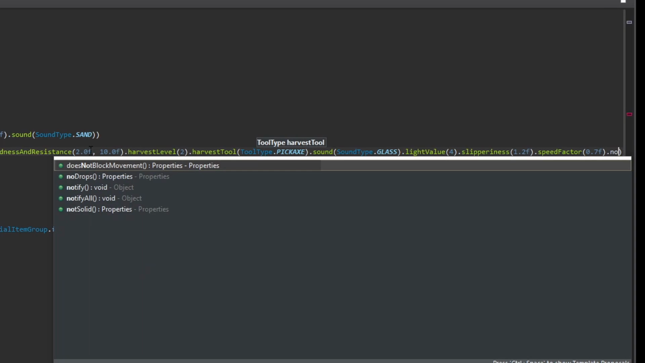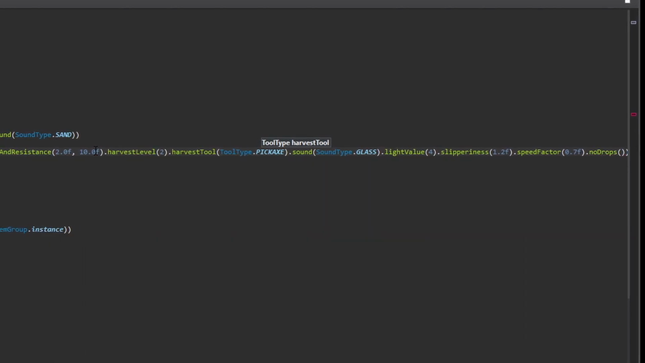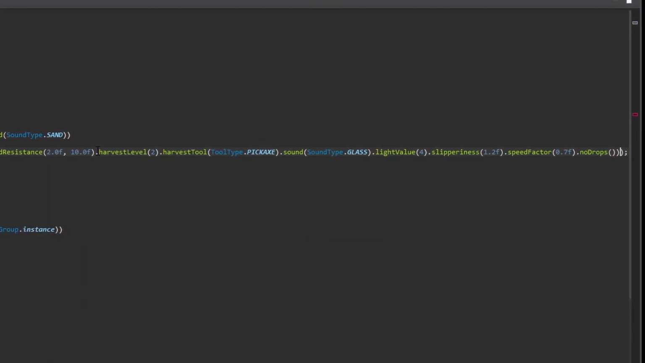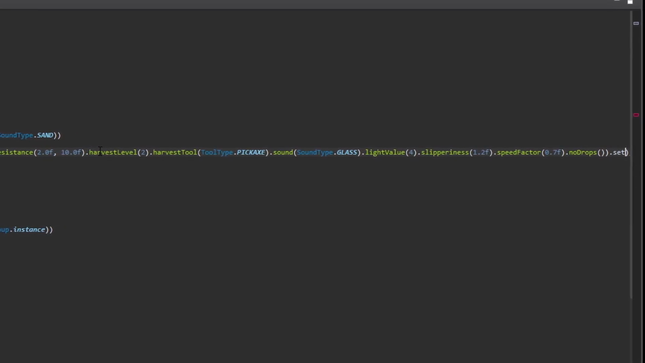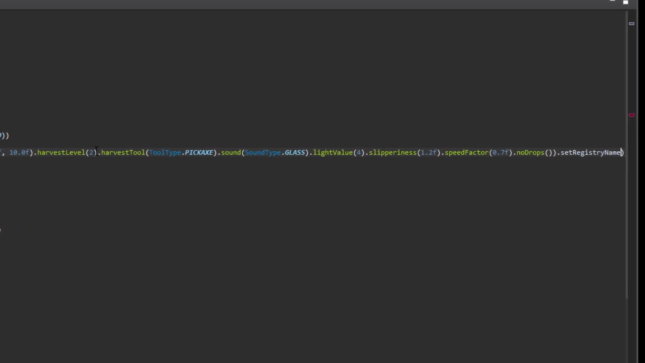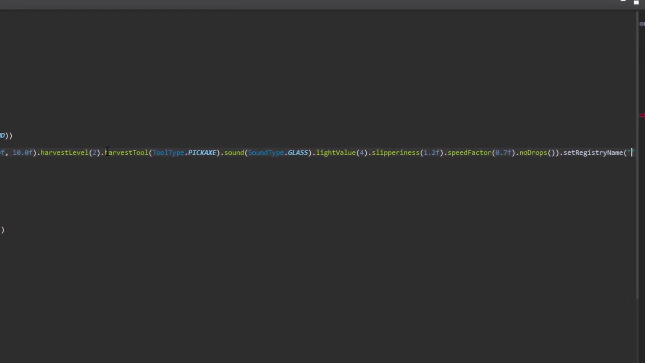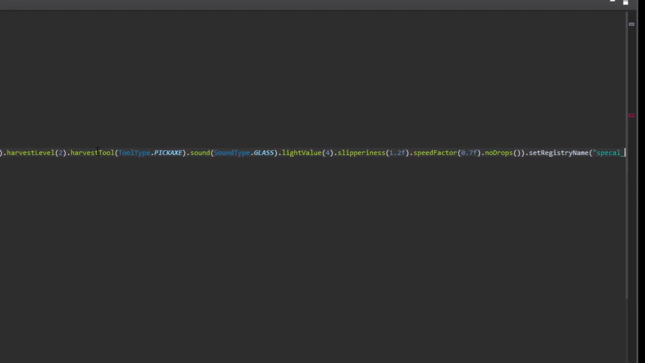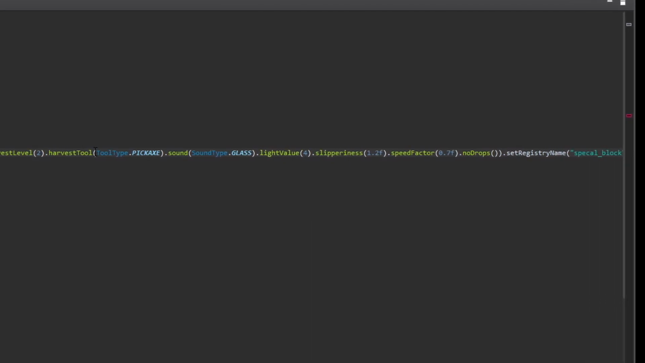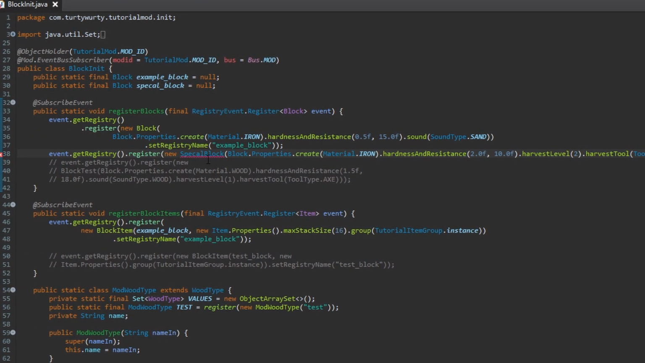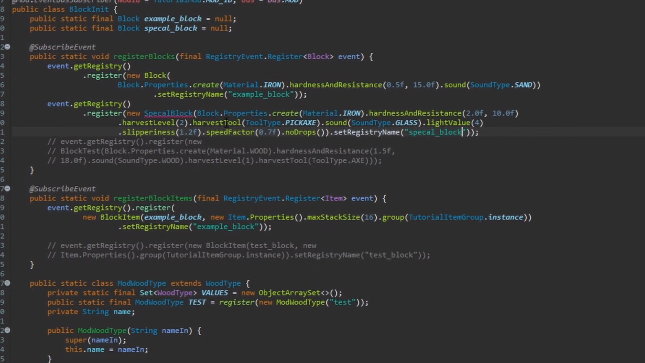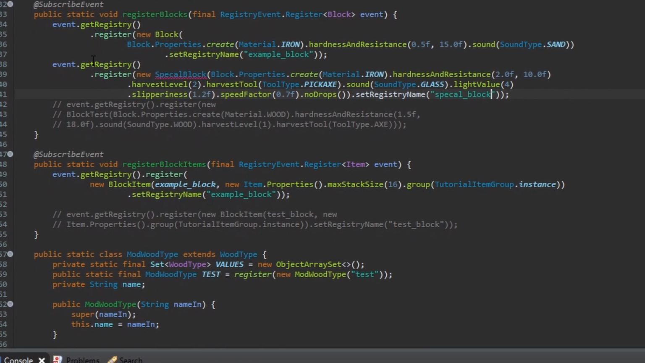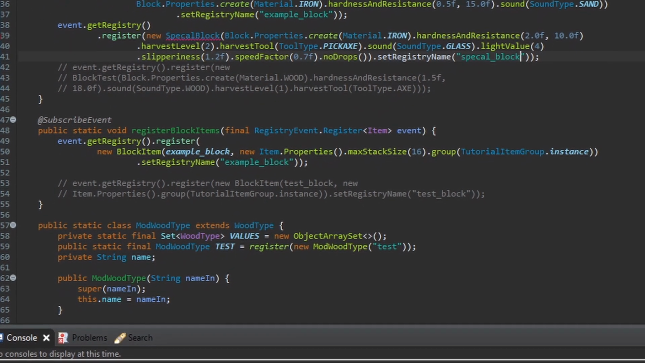I'm going to set it so it has no drops. And obviously we need to set the registry name, so I'm going to do .set registry name, and I'm going to want to set that to speckle underscore block, and then I'm just going to format that. Okay, obviously we have an error there because we haven't created the class,